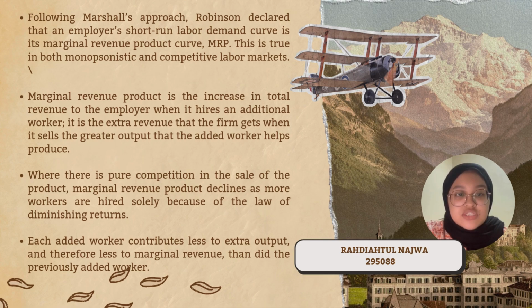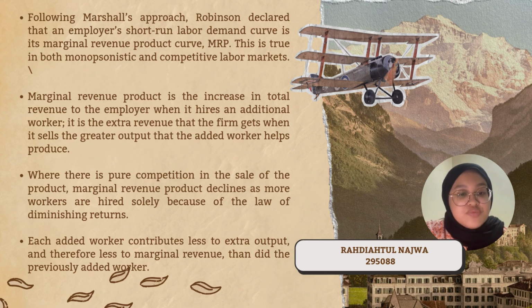Following Marshall's approach, Robinson declared that an employer's short-run labor demand curve is its marginal revenue product curve (MRP). This is true in both monopsonistic and competitive labor markets. Marginal revenue product is the increase in total revenue to the employer when it hires an additional worker. It is the extra revenue that the firm gets when it sells the greater output that the aided worker helped